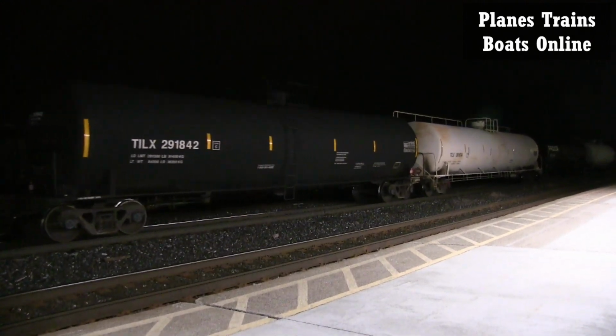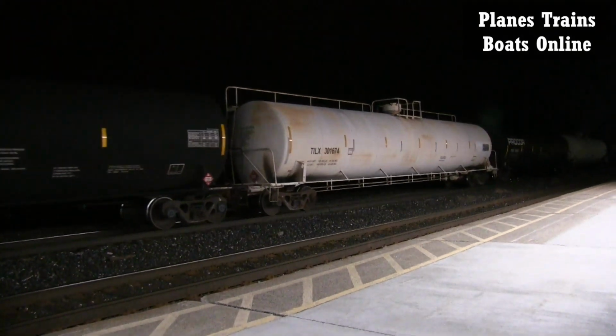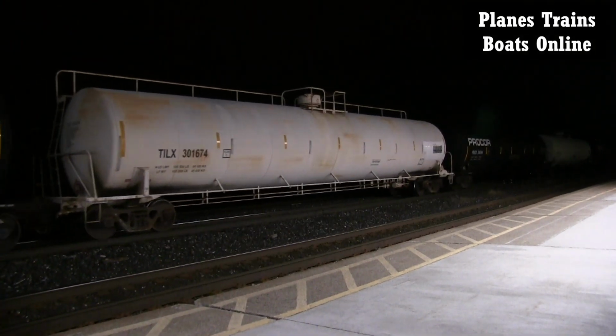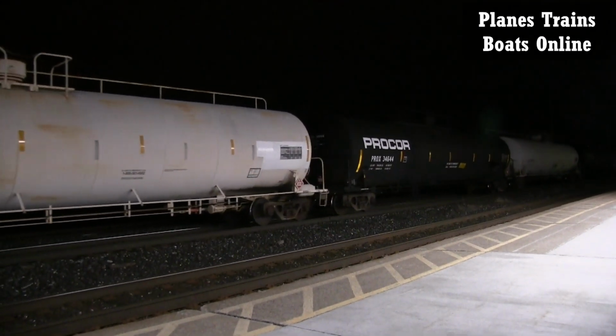397 is usually a 5, 6, 7, maybe 8 o'clock train. Not usually 9 or 10. I have seen it that late, but